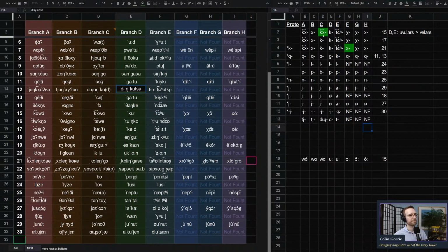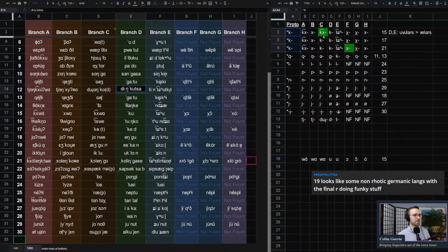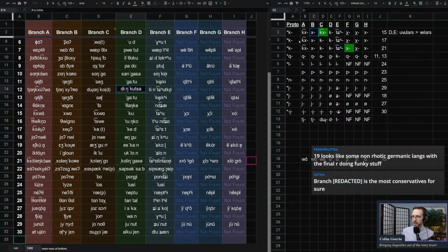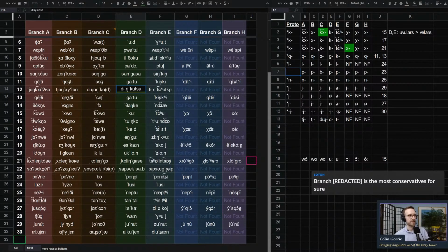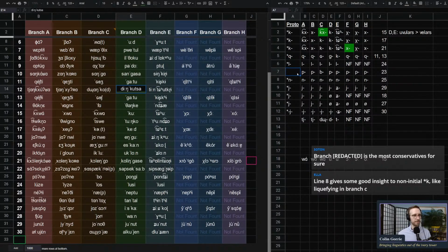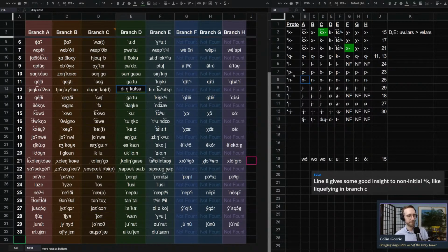Let's follow our intuition a little bit. I think we're dealing with a proto-K that is having divergent outcomes due to its environment in C and F here. So somewhat confident about that. Here, if we're going to go with K, then I think we should also go with Ba. Or sorry, Pa. The voiceless one is what I mean.